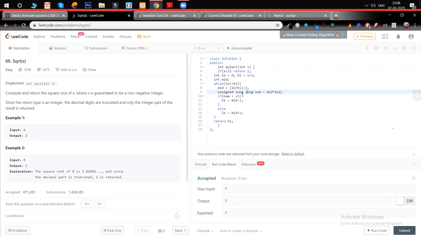So in this case, even if mid is really huge, on line 9 we are not going to overflow.